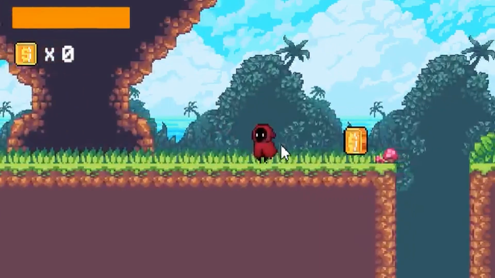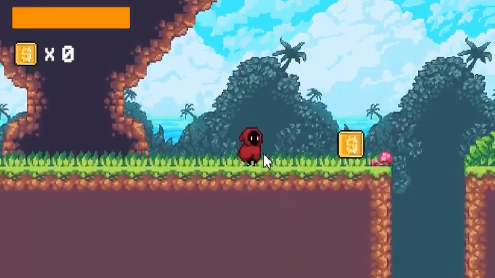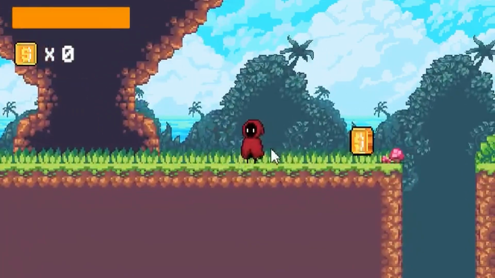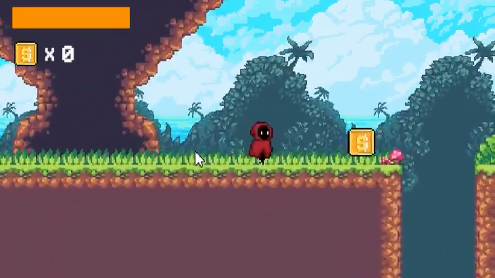In this tutorial, we will use inheritance to make this player jump. As you can see, we can move around, and we're also going to take a look at how we can reuse a